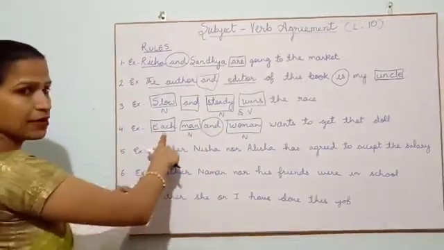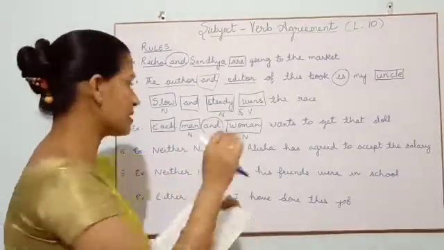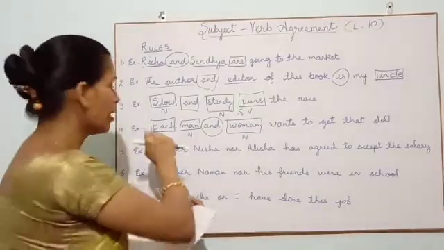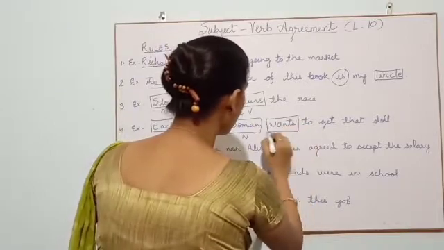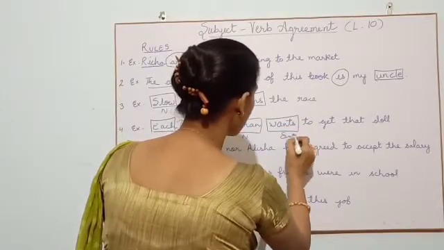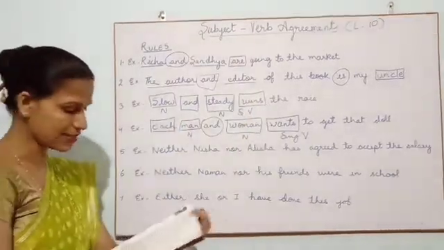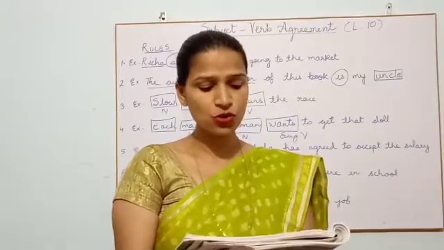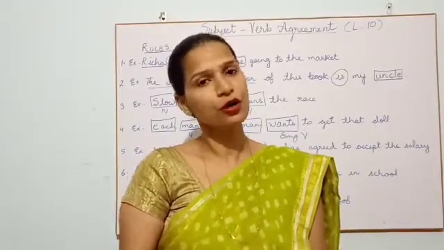But we can see, I have told you according to rule number 4, if each and every is preceded by a noun, meaning before the noun, if you can see the word each, then your verb will be singular. Your verb will be singular in this case. Number 5 says two singular subjects connected by or, nor.